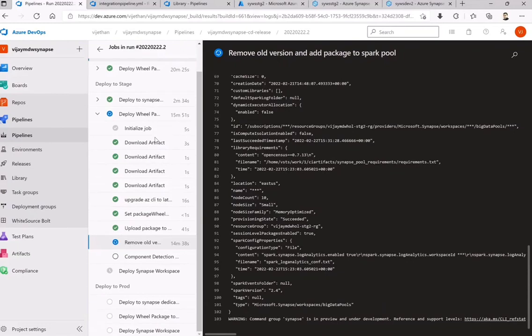But meanwhile we are just concentrating on this completing so that we can look at how the Snaps workspace is deployed, as it is what we have in the workspace published branch. So this should be there in a moment. It can take, I believe, a couple of minutes more.